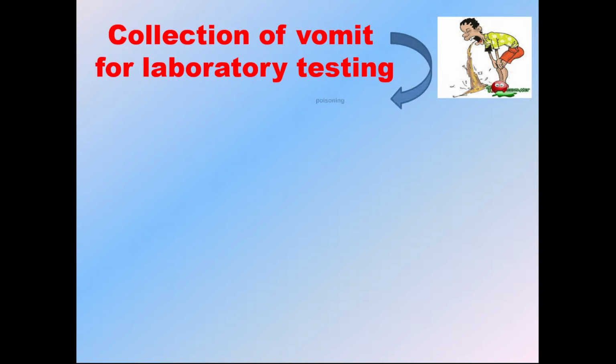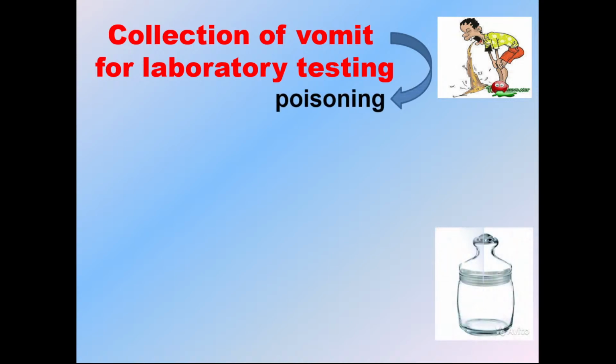Sometimes vomitus must be examined. First of all, it is needed if we know that the provoking factor of vomiting was poisoning with some food, with mushroom, with some medicine, and we must know the provoking factor because in some cases specific treatment is needed. We'll use antidote medicines which remove toxic substances. In case we think about poisoning as the provoking factor of vomiting, the vomitus is obligatorily collected in a special container